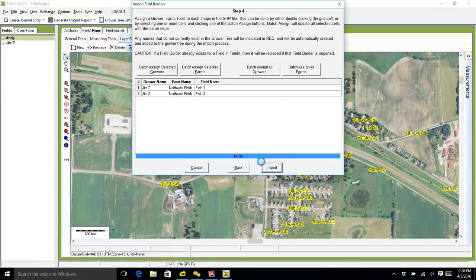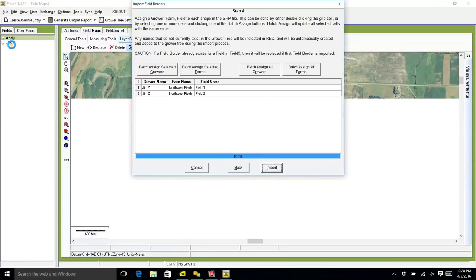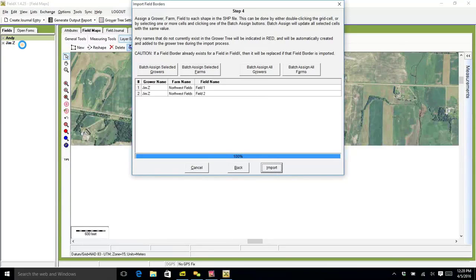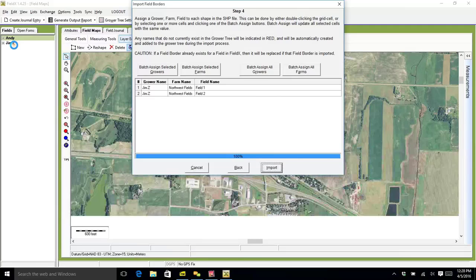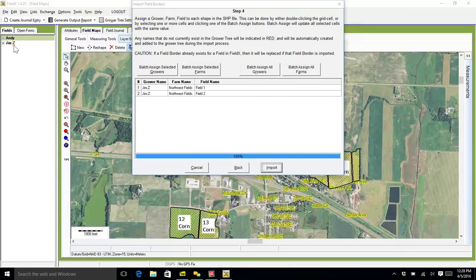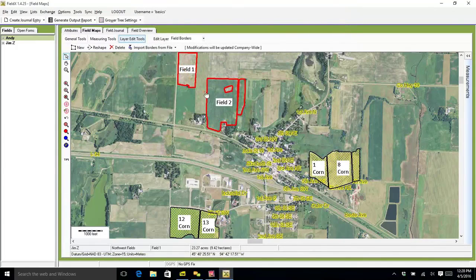Okay, and after it's done processing, you can see Jim Z was added to my grower tree on the left side here. Click OK for the import completed, and now I can see that these fields were added. And remember,